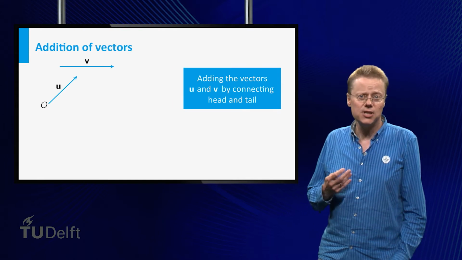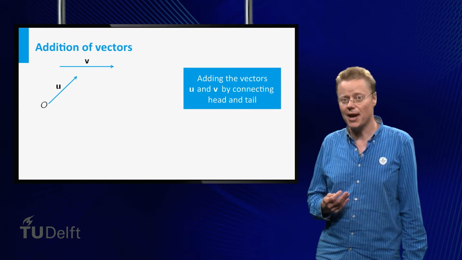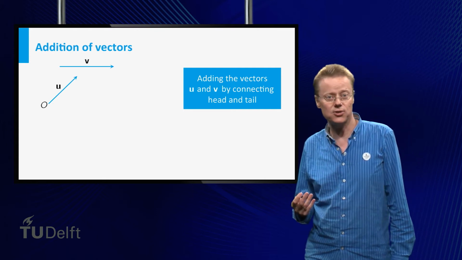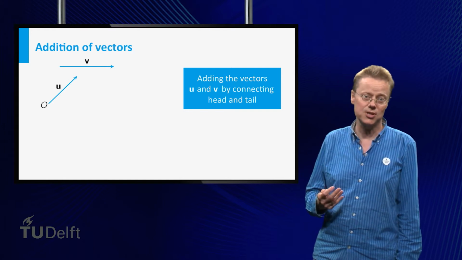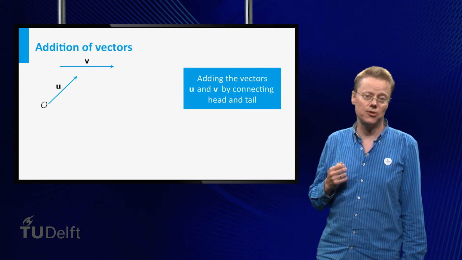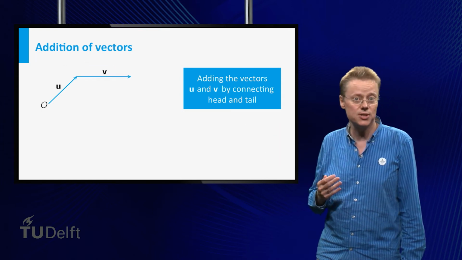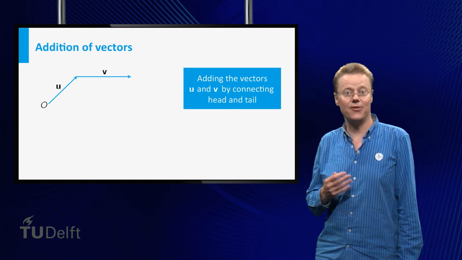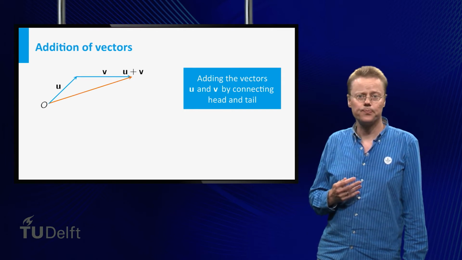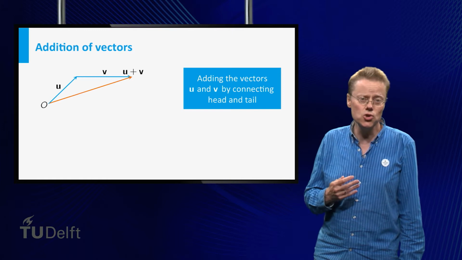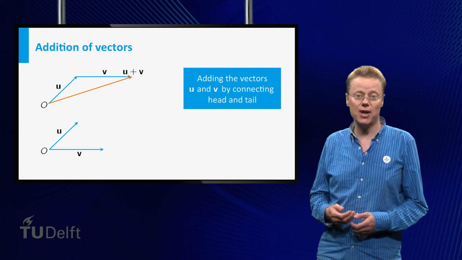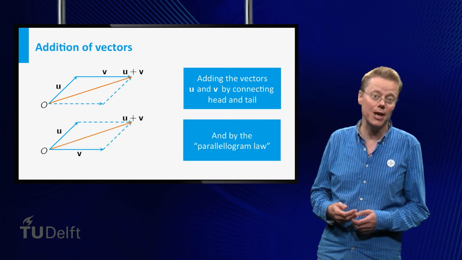Okay, now, since two vectors are considered equal whenever their length and direction coincide, adding two vectors can be done by shifting the second vector such that its tail starts at the head of the first vector. In this picture, first shift the vector v such that its starting point is exactly the endpoint of u, and then add the vectors as before. In practice, however, if you want to add two vectors, usually you first shift their starting points to the origin. Then the sum of the two vectors can be obtained by using the so-called parallelogram law.